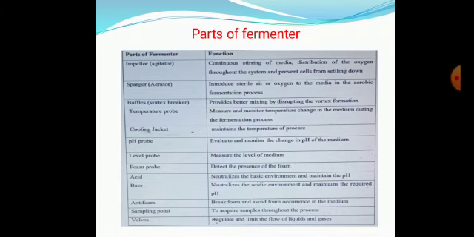As I told you, microorganisms produce heat. To cool the fermenter, we use a cooling jacket. It is just present on the wall of the fermenter. pH probe, another important component. The control system is pH. So microorganisms keep on producing products, and because of that the pH of the media constantly keeps changing. To maintain optimum pH, we should have a pH probe. And next thing you can see is a level probe. It will measure the level of the medium. So most of the time we will have continuous fermentation. That means media will be entering inside from one end, and from another end media will be going out.